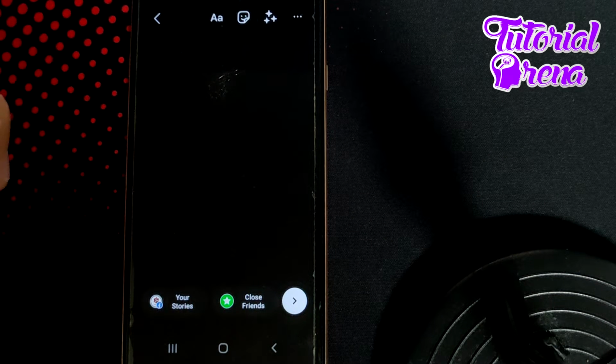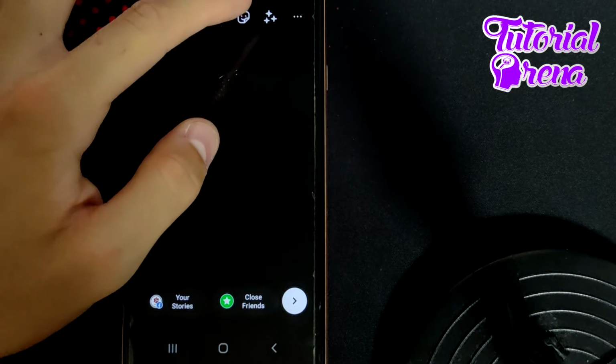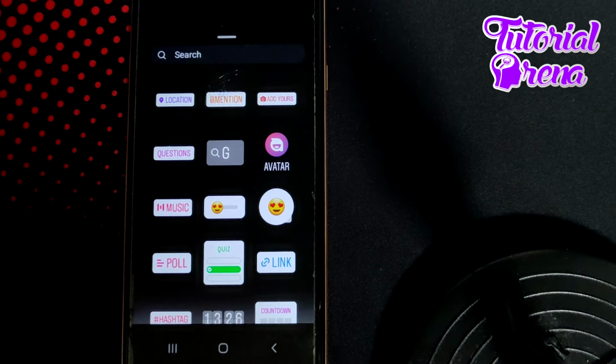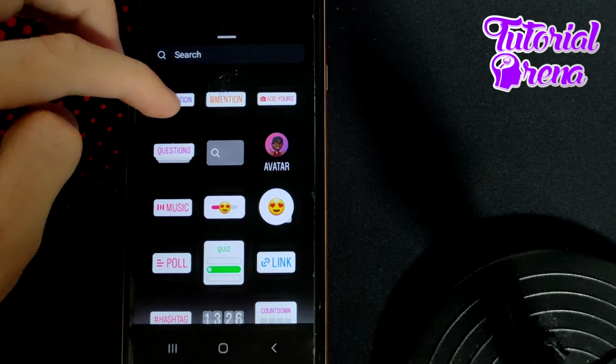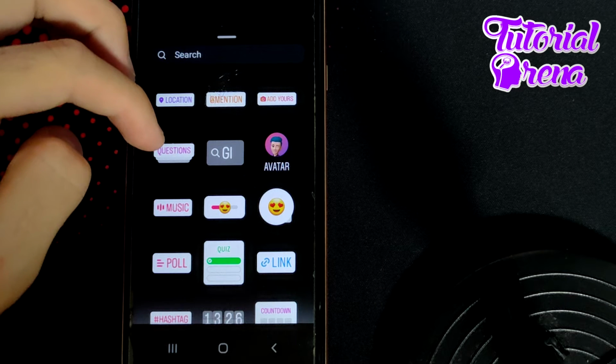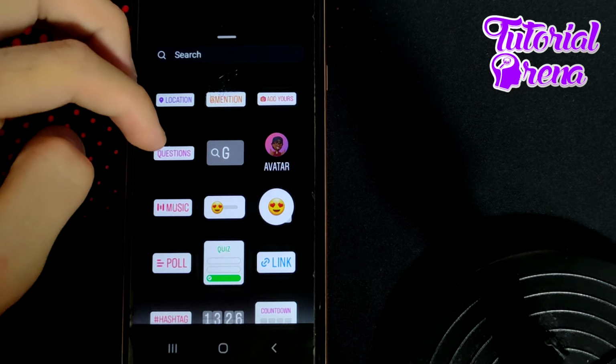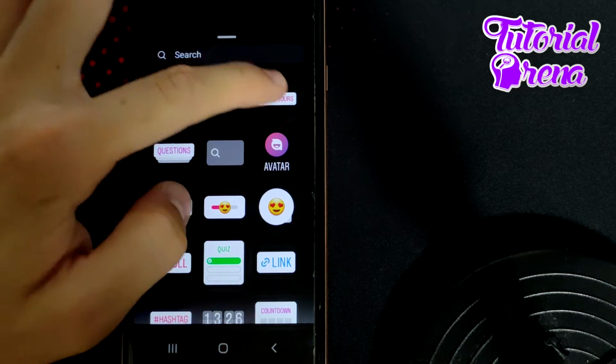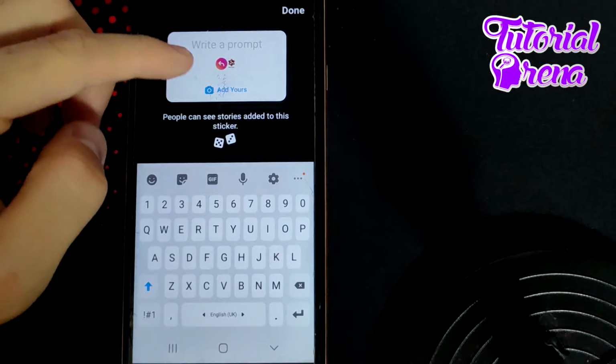And as you get with that, you're going to get the right option, or you're going to tap on the sticker icon on the second selection right here, and you can find all these selections on which you can simply get that option, or go for Add Yours, go right there, and yeah, right now you can take